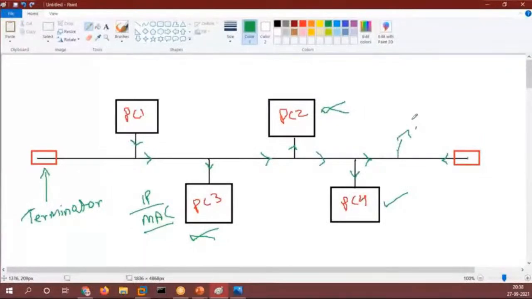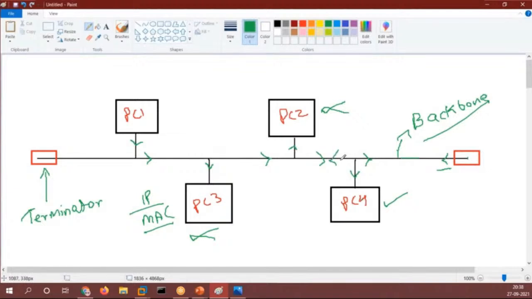We have this backbone only where the data transmission is happening. So let's say this data is traveling continuously and PC2 sends the data again to PC3, right? So what will be happening? One data is coming from here, one data it is sending. So there will be a collision of the data.